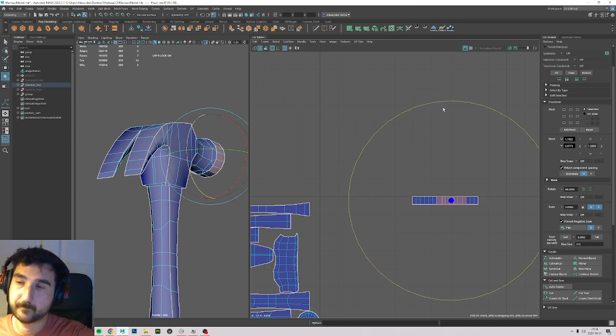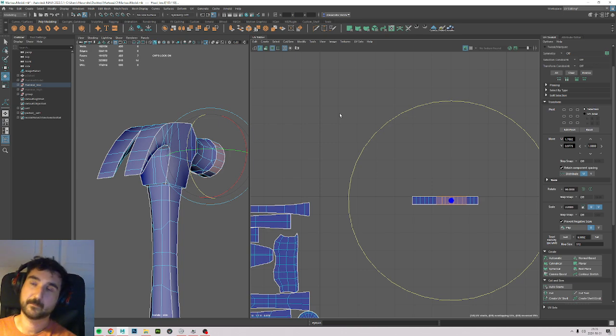Again, I know that the navigation might not have been something that you've been very familiar with so far. So hoping that this